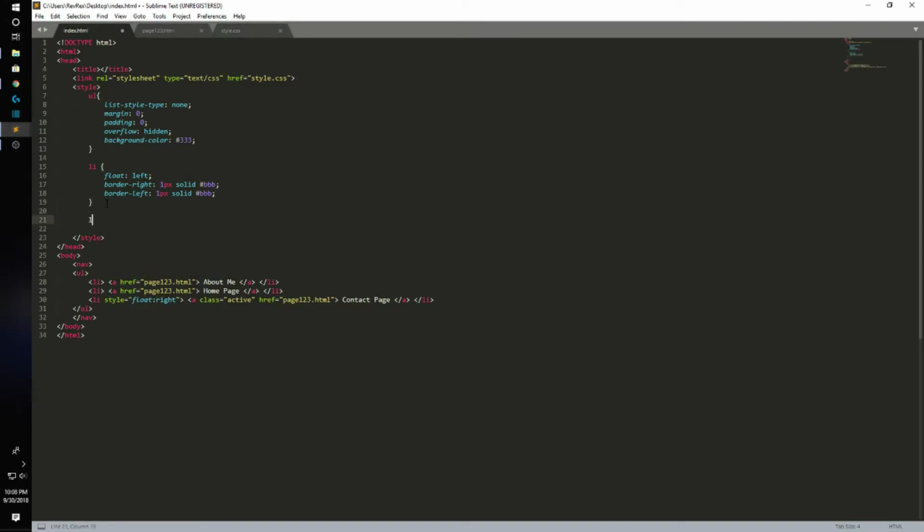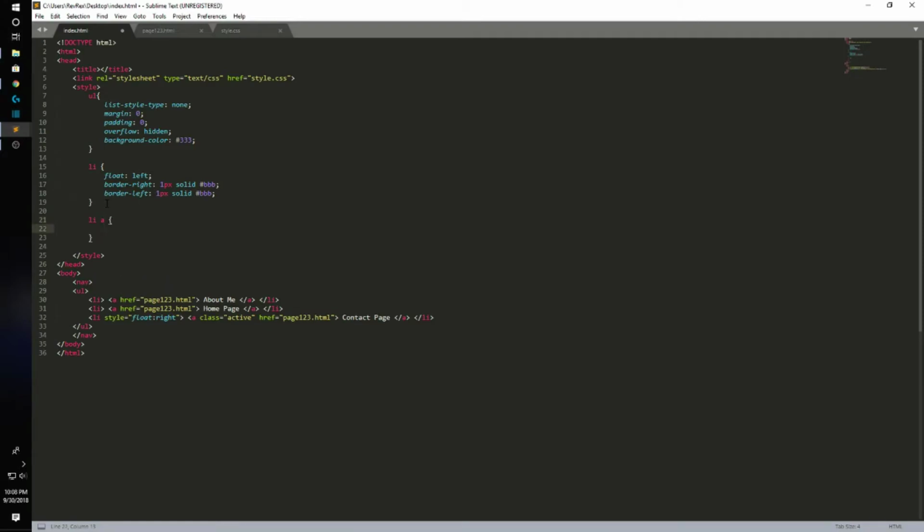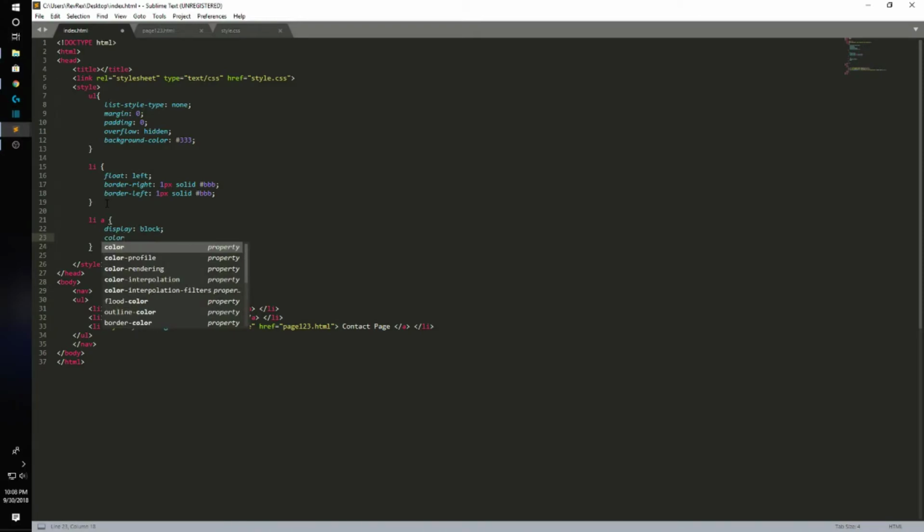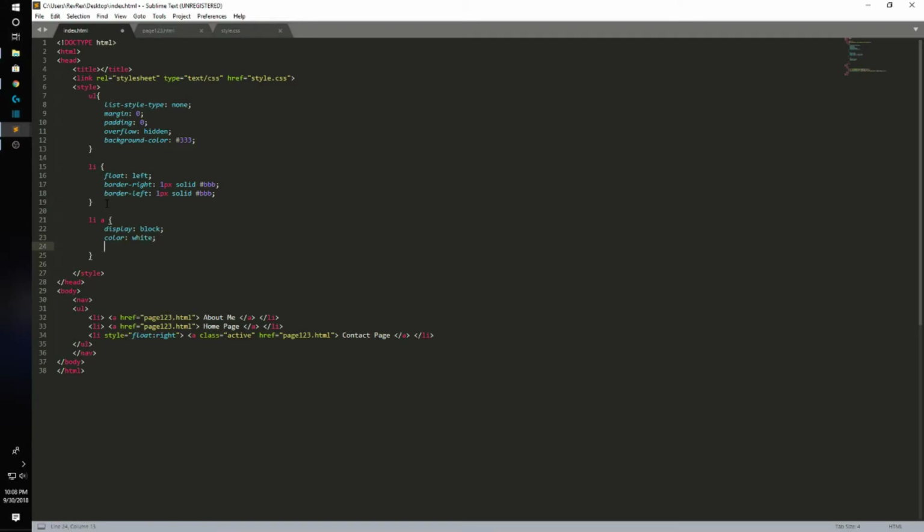This one's going to be for list insert anchor, and this is going to be without the hover. So we're going to do display block, color white, text align, text align center, and then we're gonna do